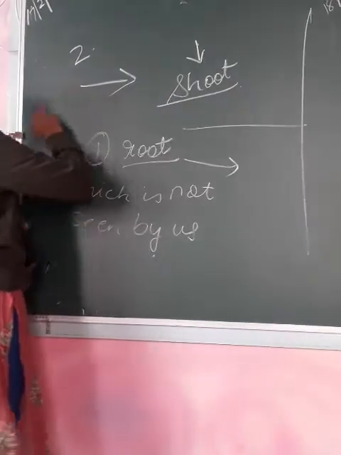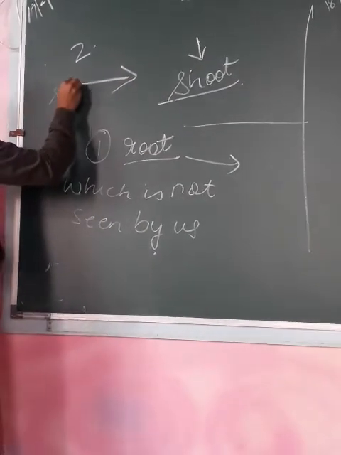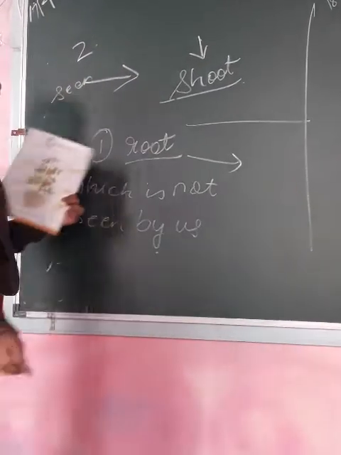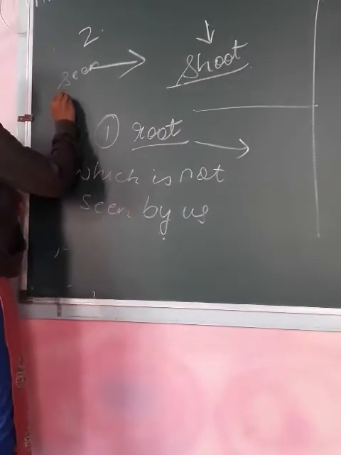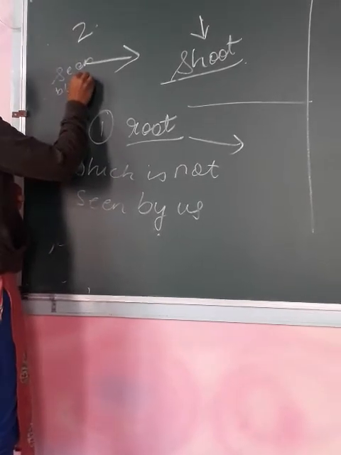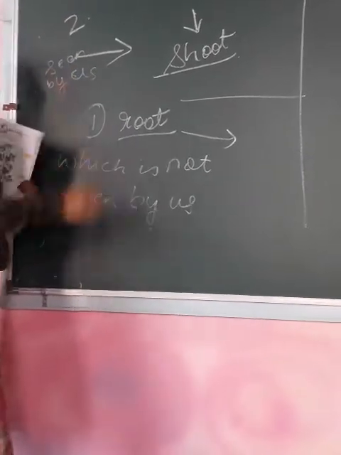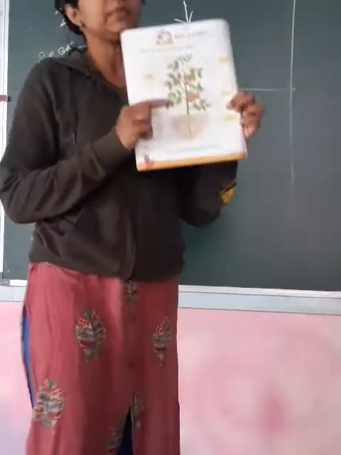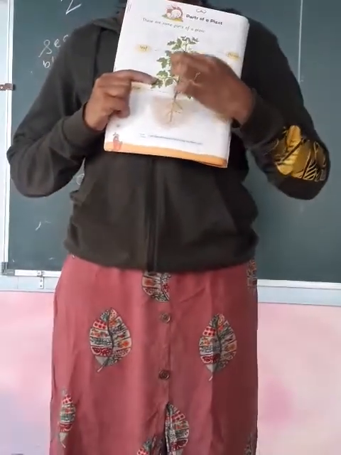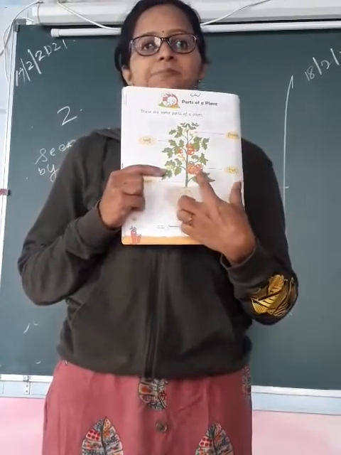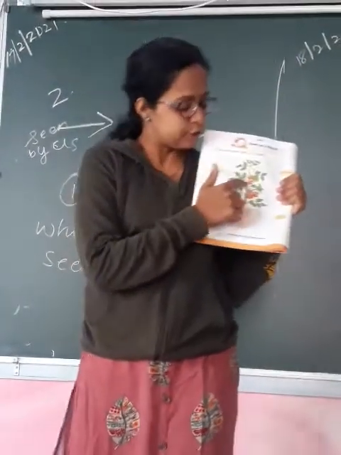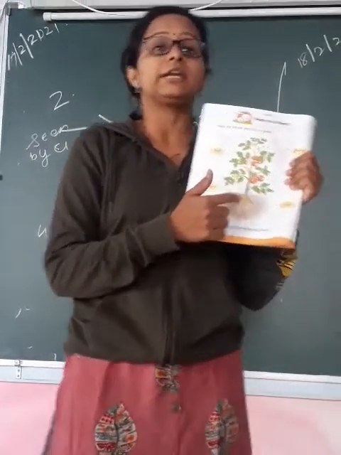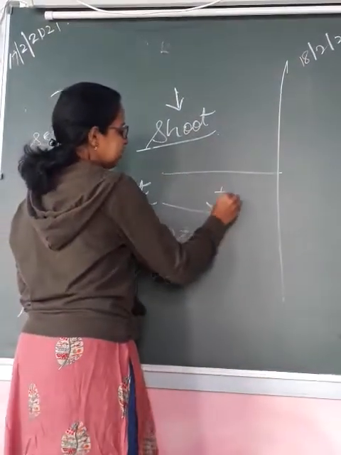And the part of the plant shoot is always seen by us. In that you have various parts of the plant, like leaf, fruits, vegetables, then you have stem. When the plant is small, this part is called the stem. And when this plant grows into a big tree, that part, instead of calling it stem, we call it as trunk.